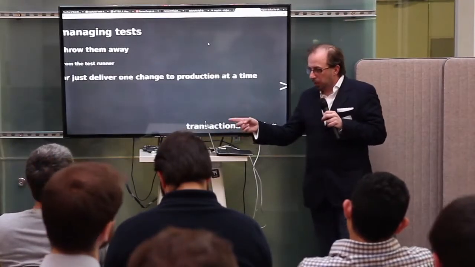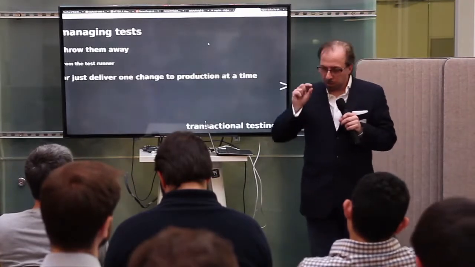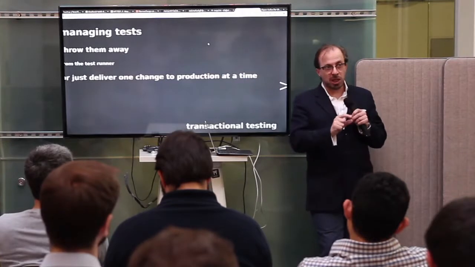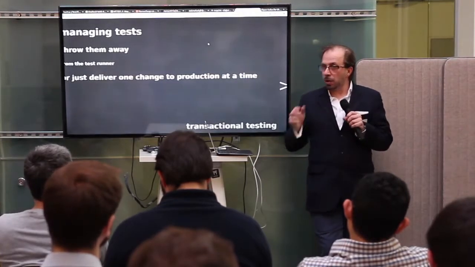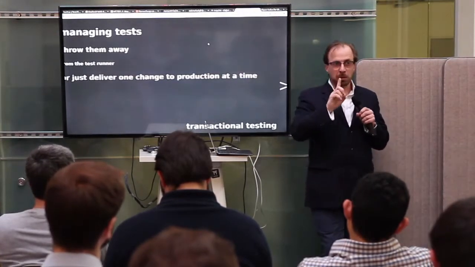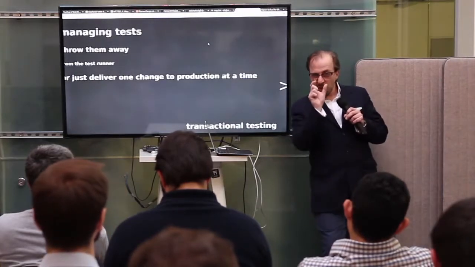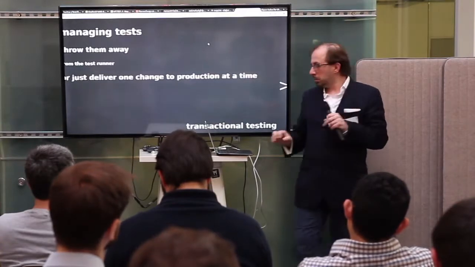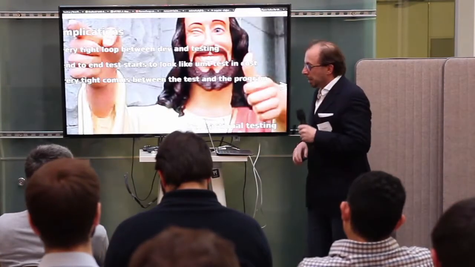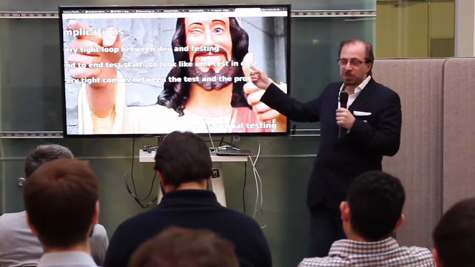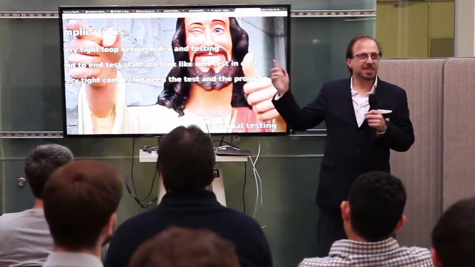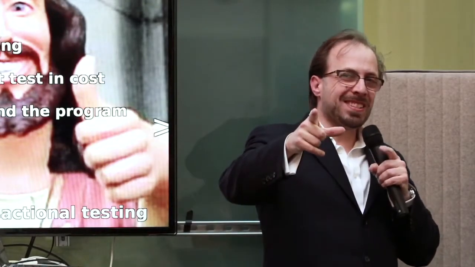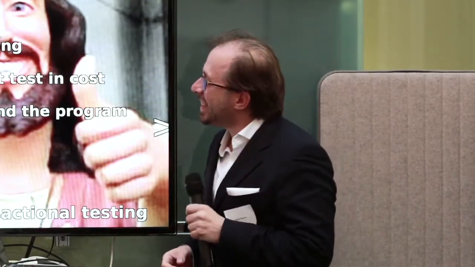There's also this thing about how to make this work. What you could do is just deliver one change to production at a time. Just one. So this tiny little change, just push that out. See if it works. What are the implications of this? The first time I saw this image, it was last year at Easter, and it was like, hold on to my eggs till Monday, which I think is really, really cool.